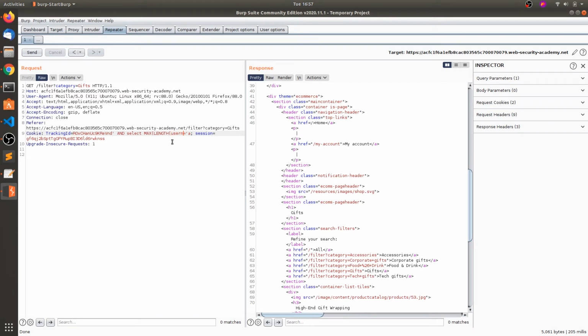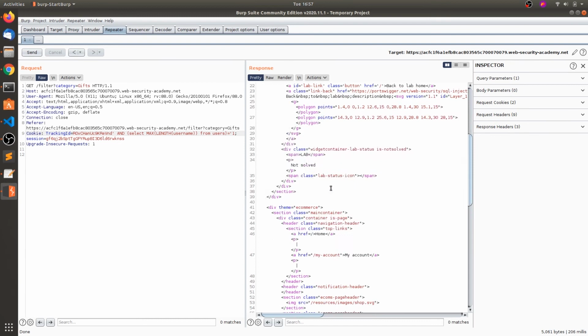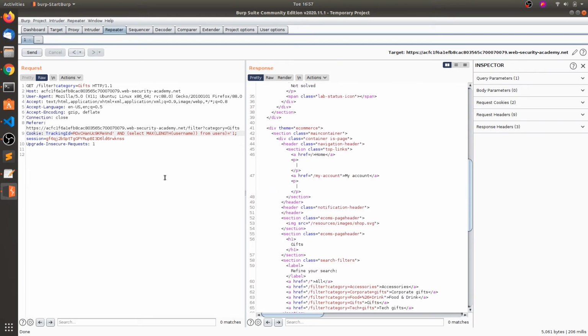That is username, right, from the table users. So this result will return a number, you can also say 1. Now let's send this, and you can see there is no welcome back. I think this query is correct. Max of length of username from users, that's fine.